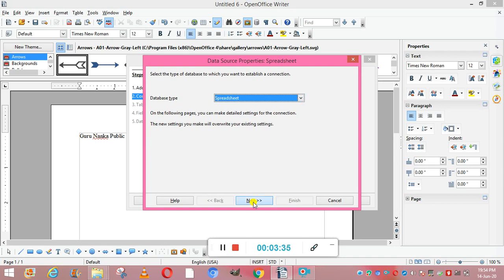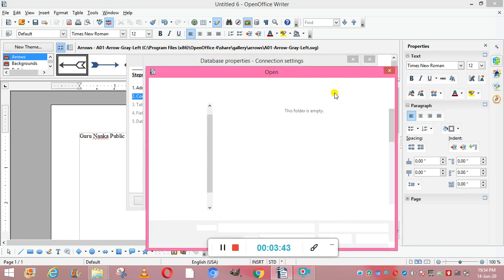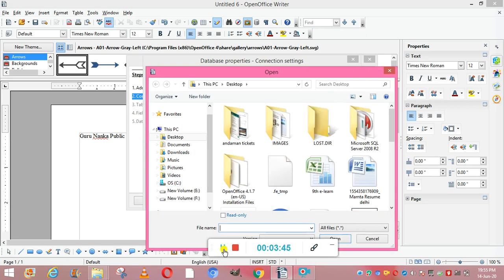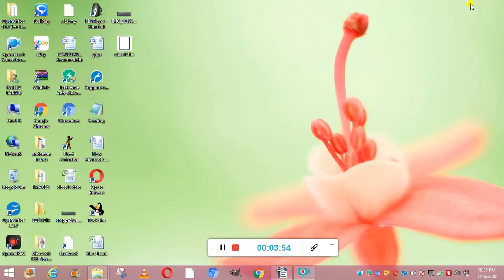Now next, now we have to enter the path. We will browse it. Now it's asking for the path of the file, but we have not made that file. So what we can do,